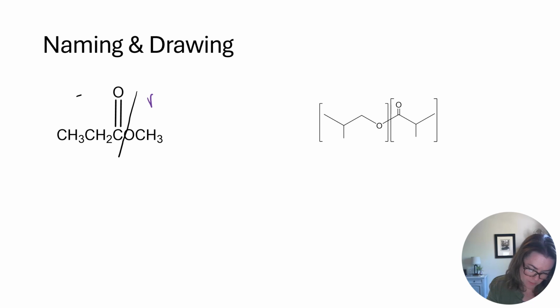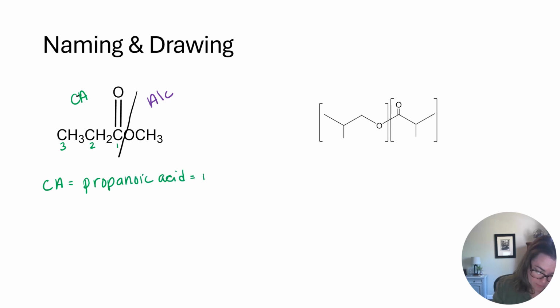So this is my alcohol, and green is my carboxylic acid. Okay, so carboxylic acid name. It's got 3 carbons. Remember that carbonyl always takes priority. So this is going to be a propanoic acid,